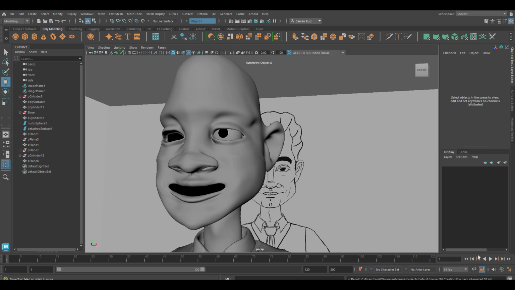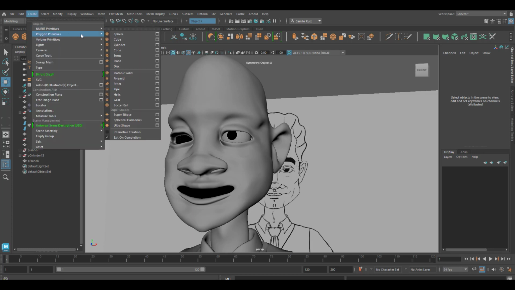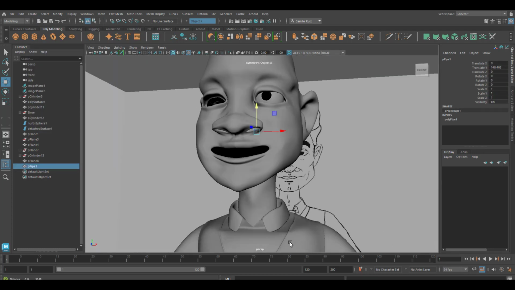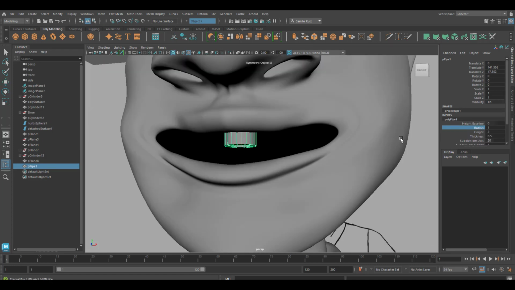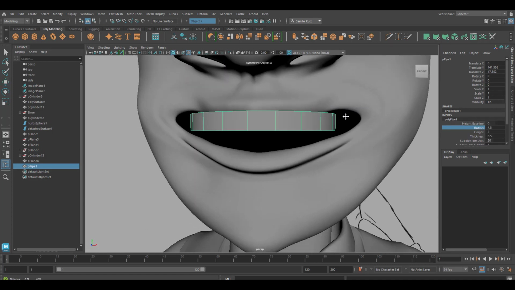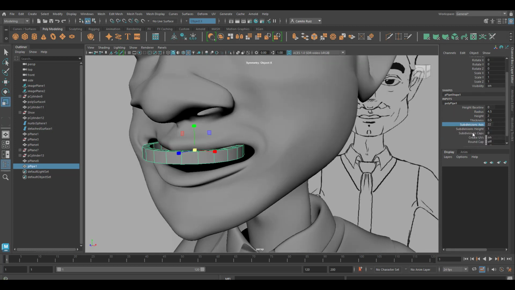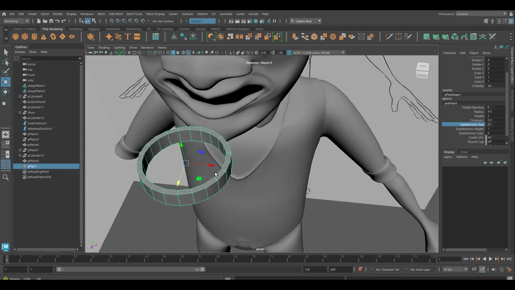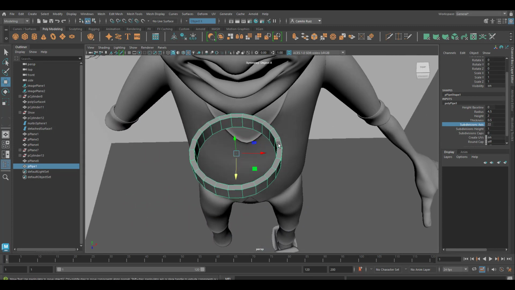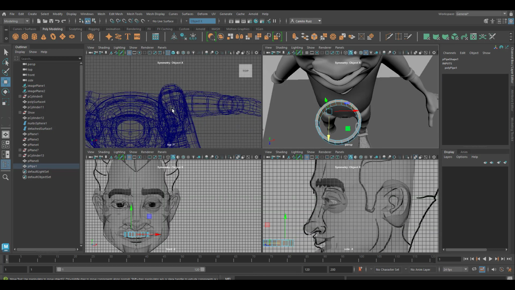After doing those adjustments, we're now ready to continue to create the teeth and gums. Let's go and create a polygon pipe. Bring it into position. Go to the inputs, change the radius, change the axis. Bring it to the front. Let's go ahead and delete the faces from the back. And also delete the faces